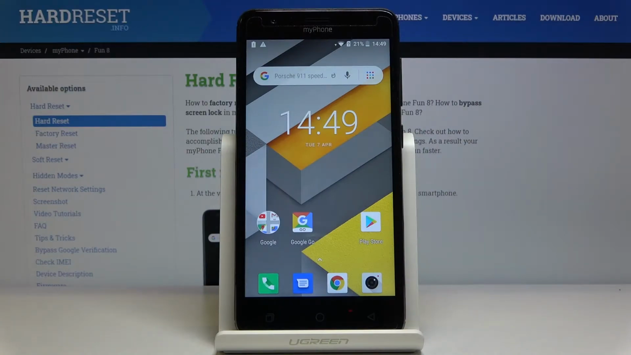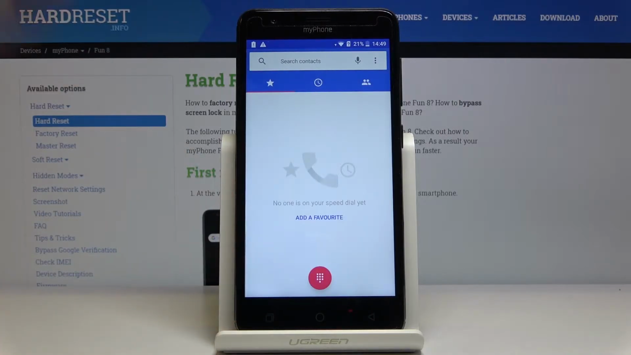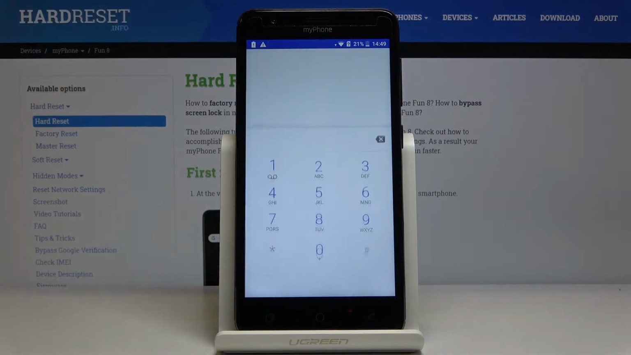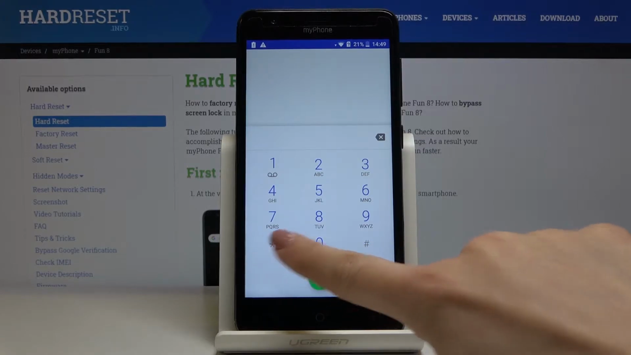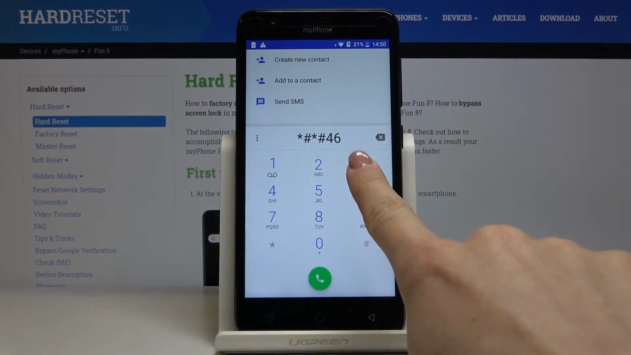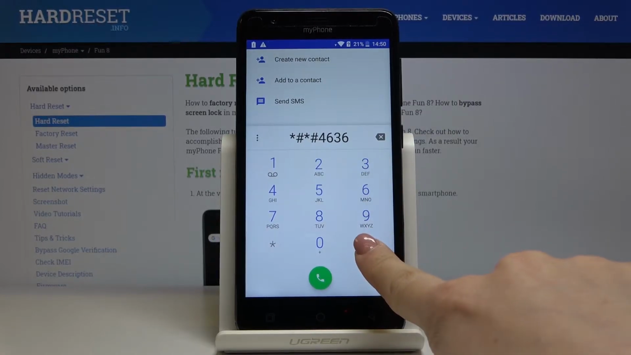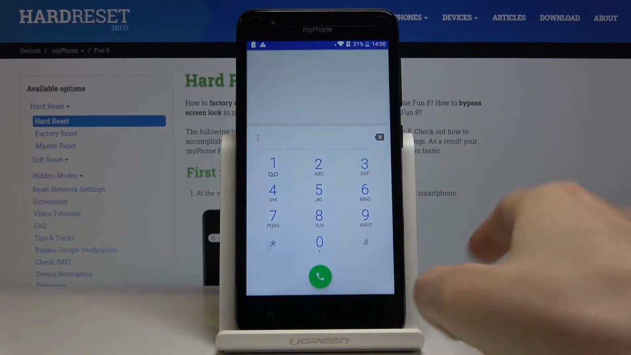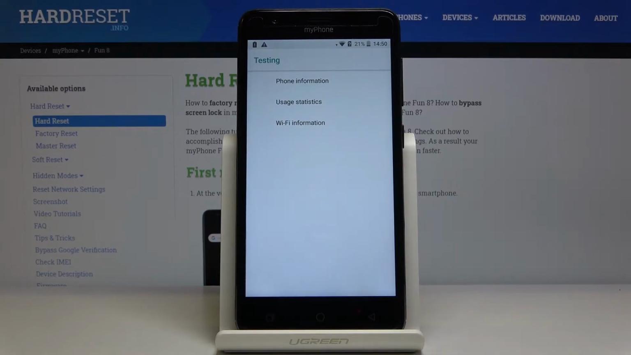Here I've got my Phone Fan 8 and let me show you all secret codes that you can use on this device. So at first you have to open the phone dialer, then go to keypad, and let me start with the first code, which is *#*#4636#*#*. And as you can see now we are in testing mode, it's performed by Google,